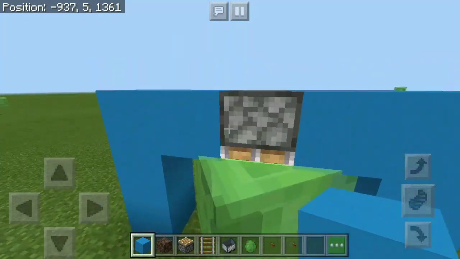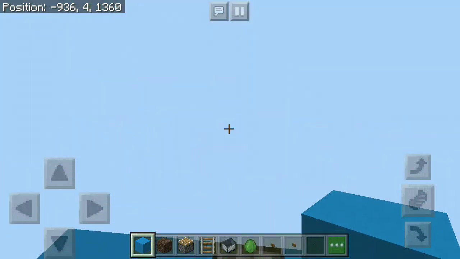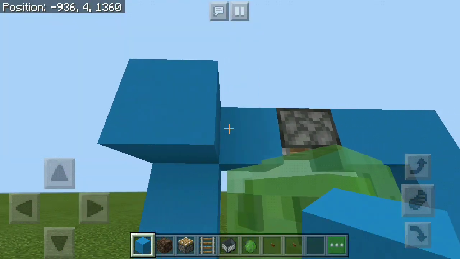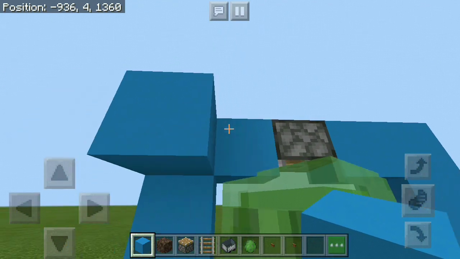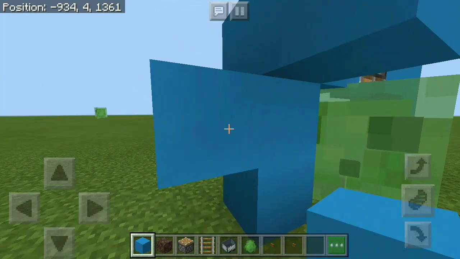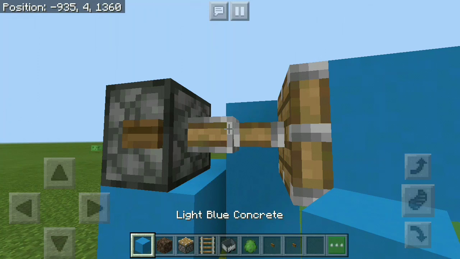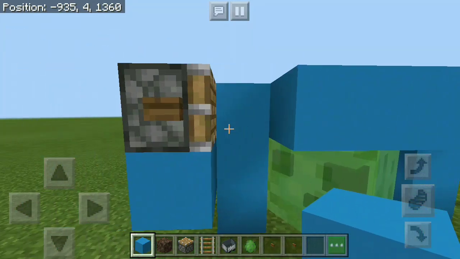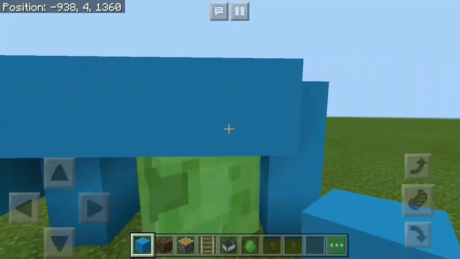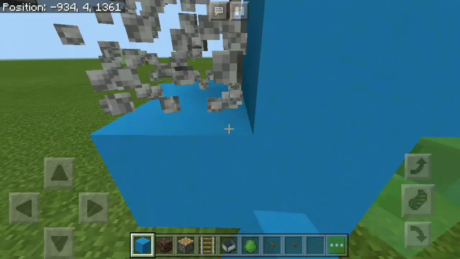So we can see that this piston is in the middle and right in the middle of the slime right over here. So what we need to do is actually put another layer over here, but you can see again we can't place the blocks right over here, so we need to use the little piston one more time. Just like so, and we can put in our final blocks right here, and we need to do the same on the